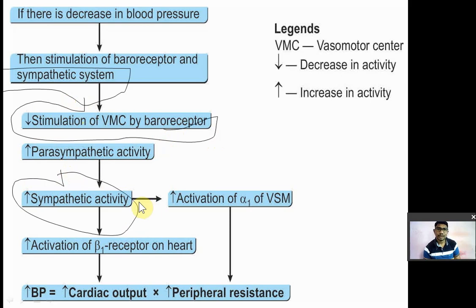so that noradrenaline will stimulate the alpha 1 receptor present in the peripheral blood vessel and because of that there is a constriction of peripheral blood vessel and increase in the peripheral resistance, okay. And this noradrenaline will also stimulate the beta 1 receptor, which causes increase in the cardiac output. So increase in the cardiac output and increase in the peripheral resistance increases the blood pressure. Okay, that's how if your body blood pressure is decreased, so what is the